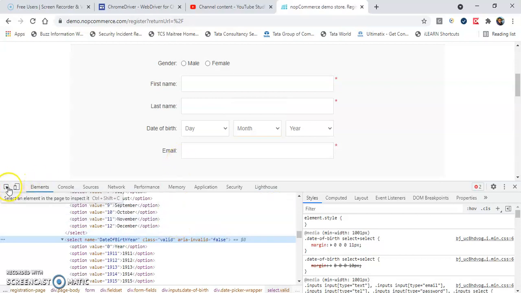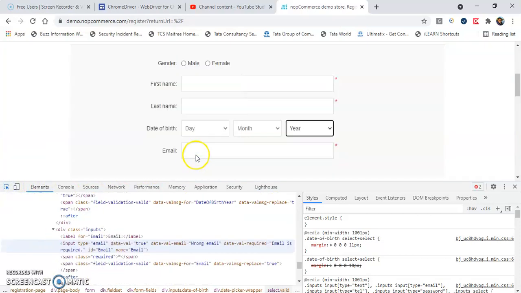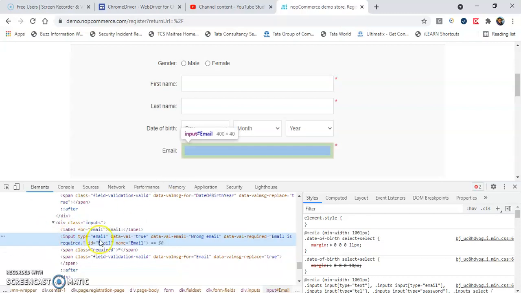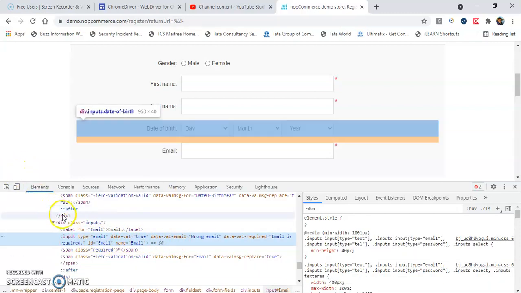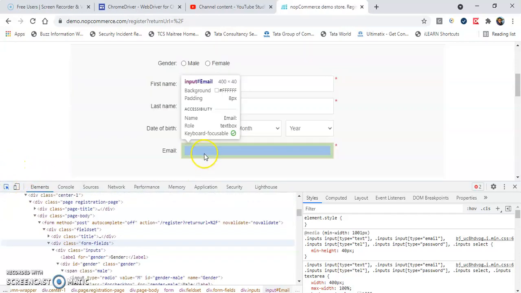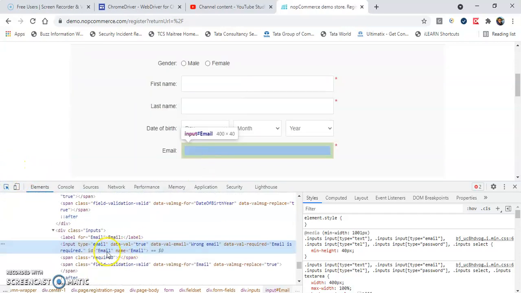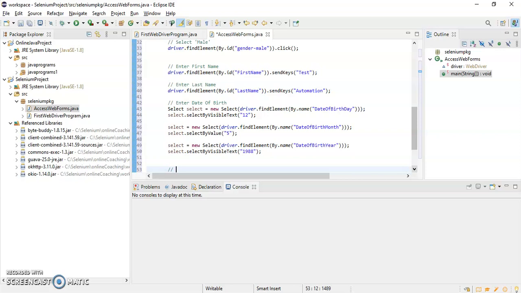Now suppose I have to enter email. So if you see, I have something called as ID and name. Let's go for ID. So I'll take this one and I'll write here enter email.